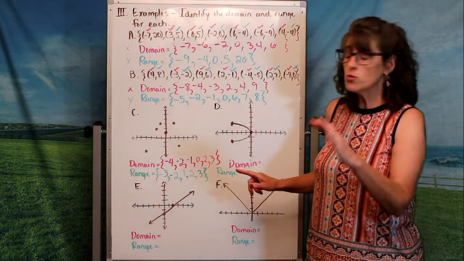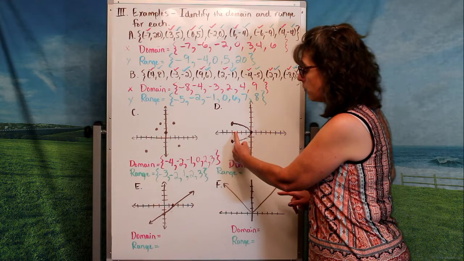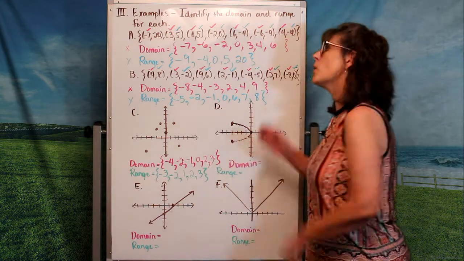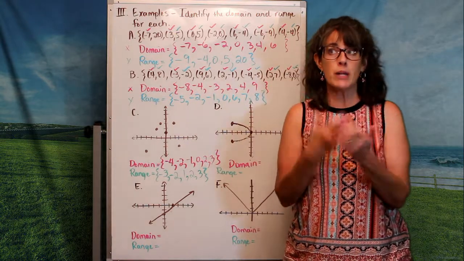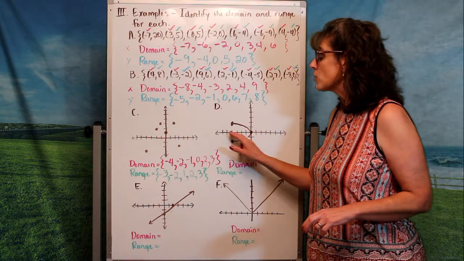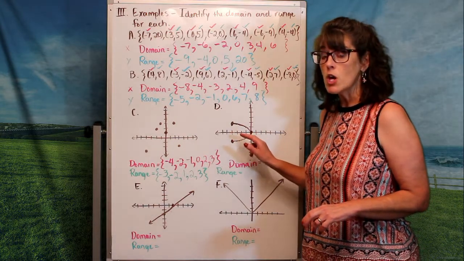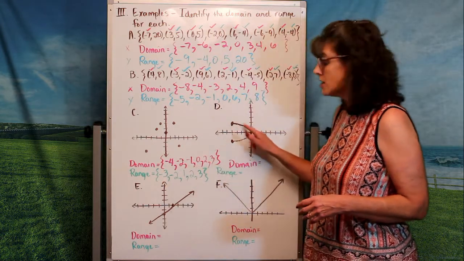It is way too difficult to list -4, -4.5, no wait, -4 3/4, no wait, -4 7/8, no wait, -4.9, no, -4.99, oh no, -4.999. It's entirely too difficult to list all of these points. So what I'm going to do instead of listing out individual points, because it's too many,